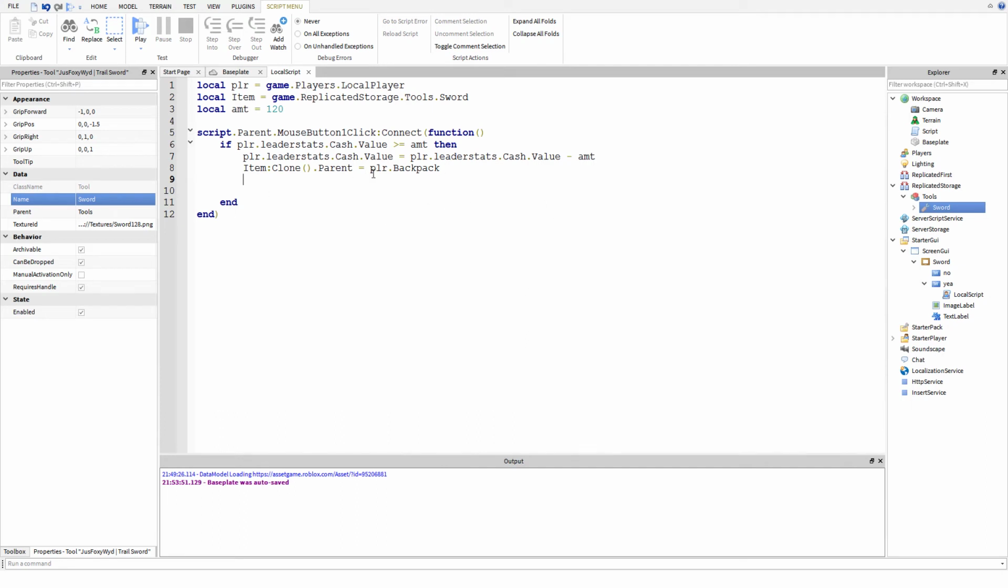And if you want the player to keep this item when they reset, this is going to allow the player to keep the item when they reset. So basically, what you want to type for this is item, so the same line of code basically. You just need to change the end: item clone dot parent equals plr dot